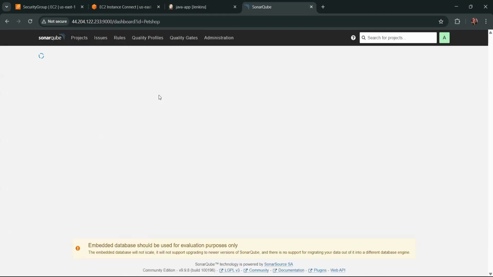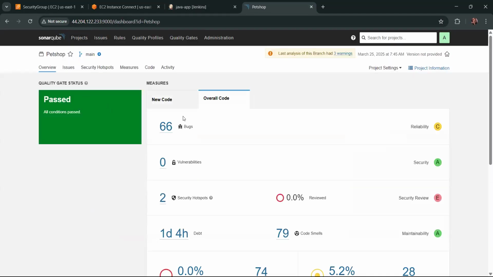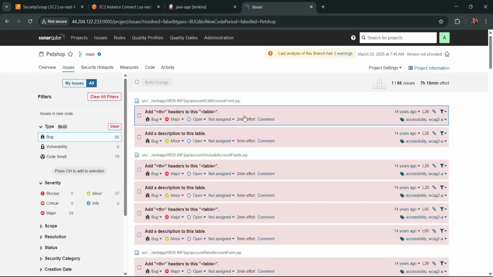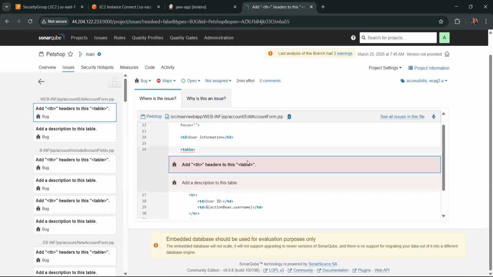So we need to open and look deeper. For example, I'm going to the bug part, 66 bugs there. So these are the bugs. Okay, it's fine. I mean, the SonarQube will analyze. Here you can see this is a code part and the suggestion from SonarQube: add the header to this table. So these are the recommendations